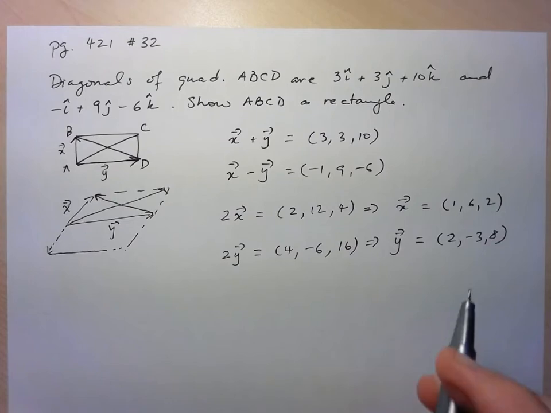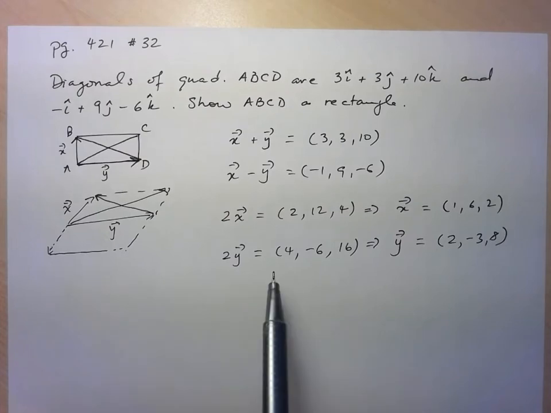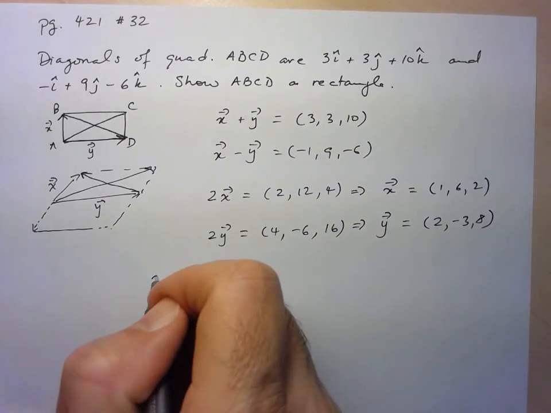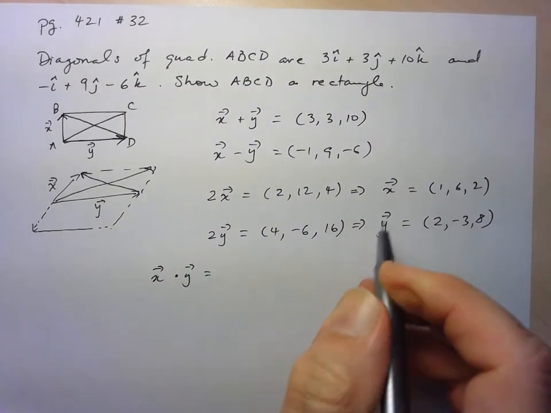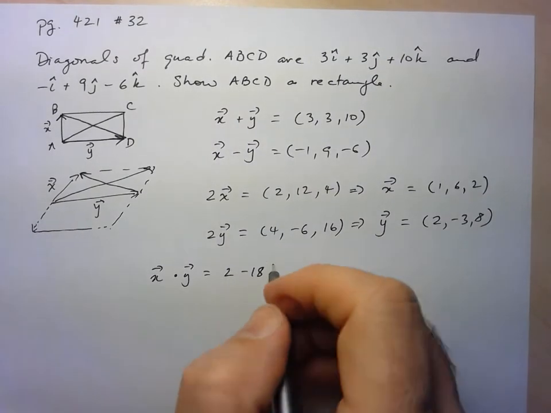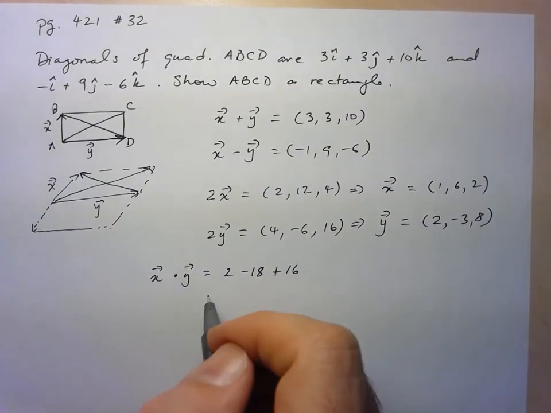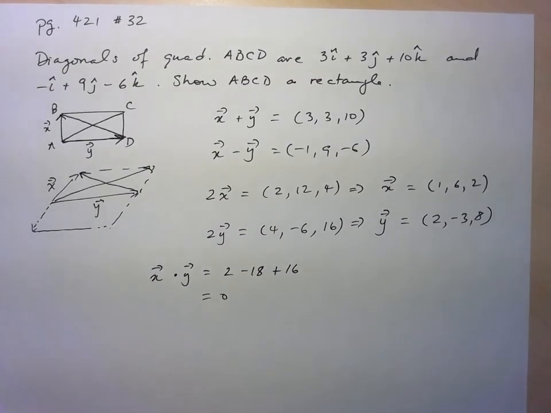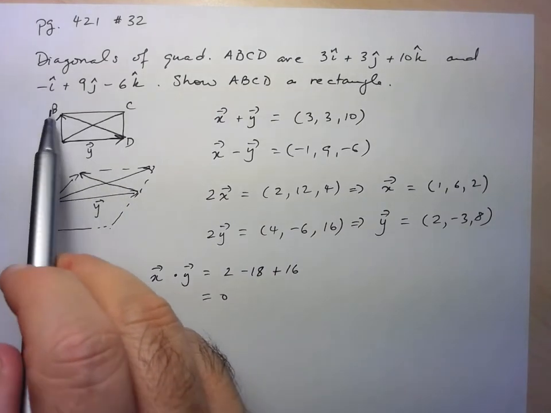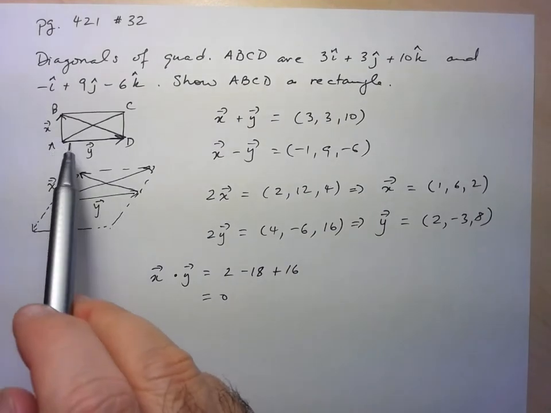So now I have vectors that represent the sides of this rectangle, and I just need to show that these two vectors are perpendicular to each other, and of course I'm going to do that using the dot product. So if I take X dot Y, what do we get? 1 times 2 is 2, 6 times -3 is -18, and 2 times 8 is 16. And here we have 2 minus 18 is -16, plus 16 is equal to 0. So what we've shown is that the two side vectors that represent the sides of this quadrilateral are perpendicular,